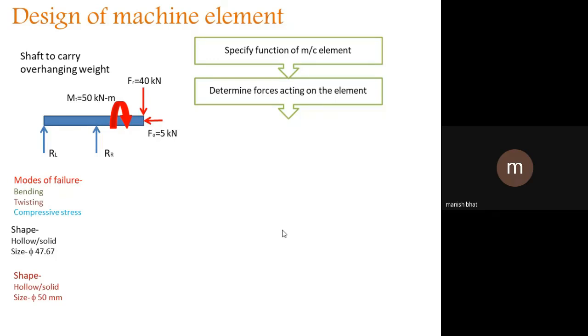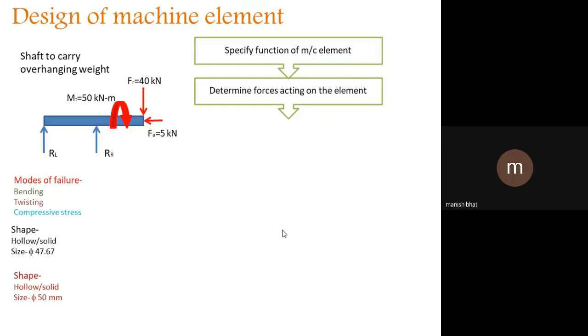So how does tangential force work? In the case of a turbine, you have learned how tangential force acts. In the case of a Pelton wheel, we call them tangential jets, no? Jets are tangential to the blades. If jets are not tangential to the blades, then the rotor will not rotate. So determining forces means I have to find the number of forces, how many forces there are, where the forces are acting, the location of the forces,